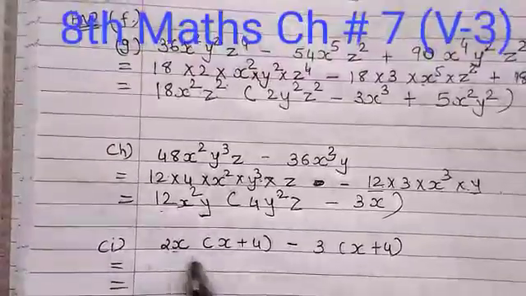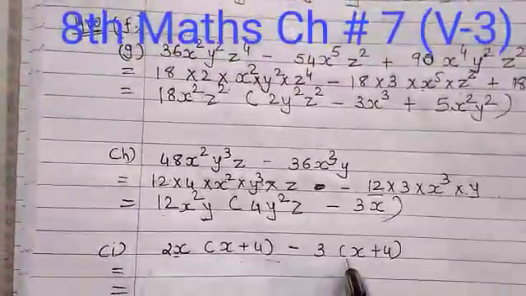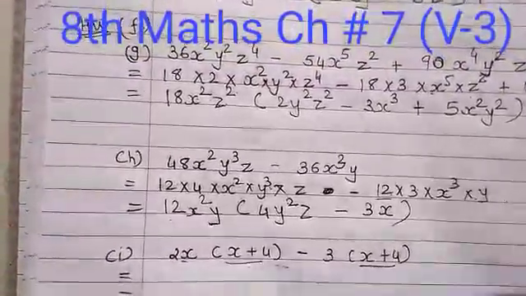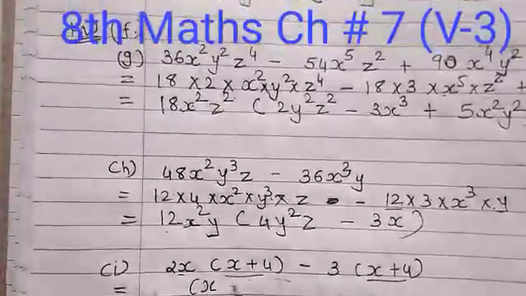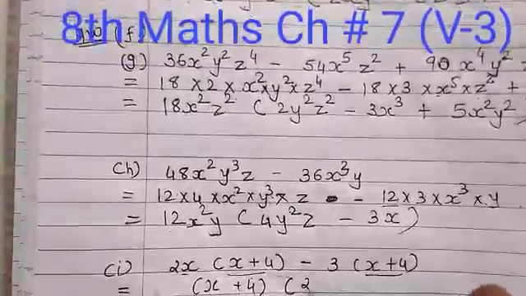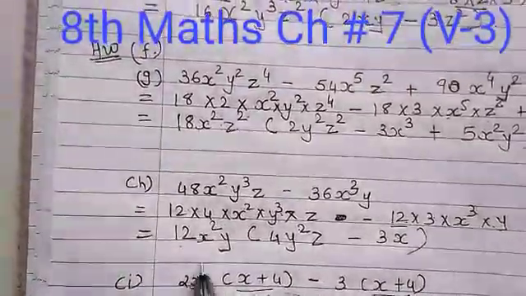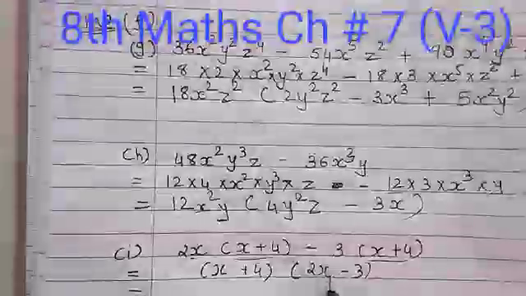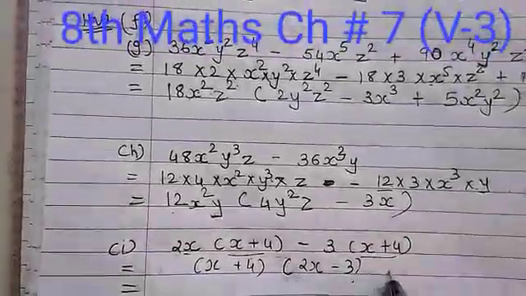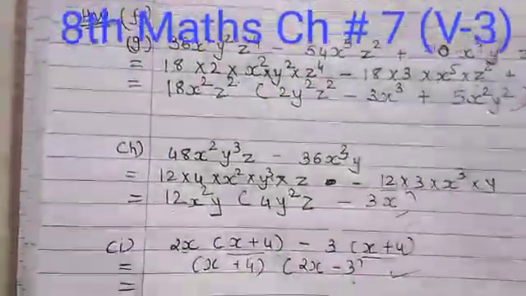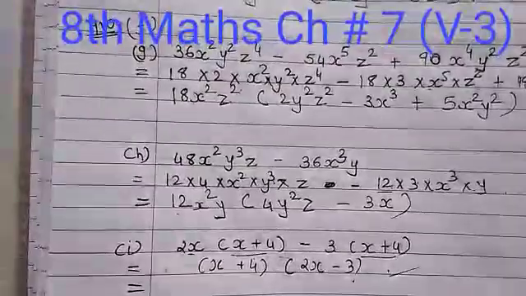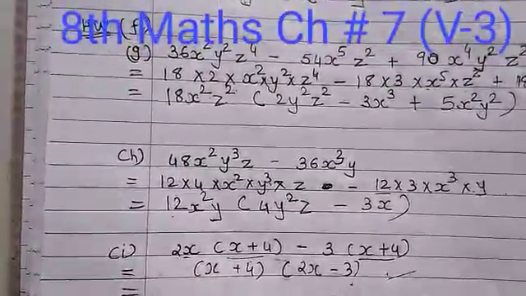Now students, I number: 2x into x plus 4 minus 3 into x plus 4. So now students, if these type of terms are there, you can clearly see that x plus 4 is a common, right? So write down in one bracket x plus 4 and in the remaining bracket 2x minus 3, which is outside, in this bracket. So collect them and write in another separate bracket. So that is our factors, or we can say that is our answer. Isn't it easy? Yes, right?